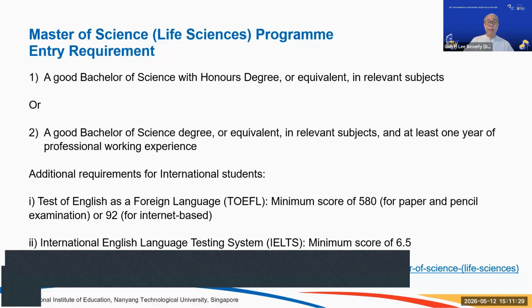So what do you need? What are the entry requirements in order to be eligible to enroll in the program? Firstly, very importantly, is a good Bachelor of Science with honors degree or equivalent. I understand some universities may not have an honors program, but they may have an equivalent program. So you need either a BSc with honors degree or equivalent in the relevant subjects for the specialization that you're applying for, or alternatively, a good Bachelor of Science degree equivalent to the specialization that you're applying for, and